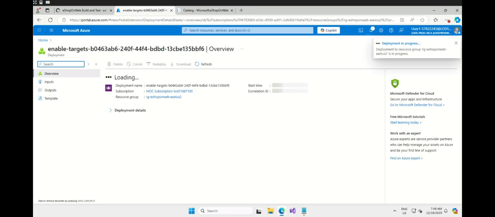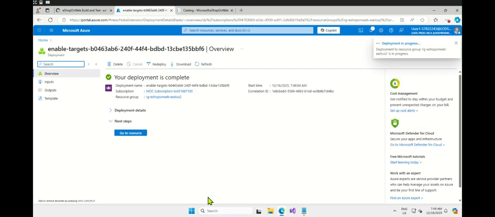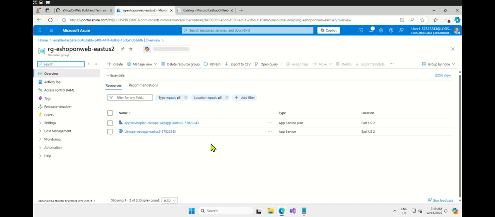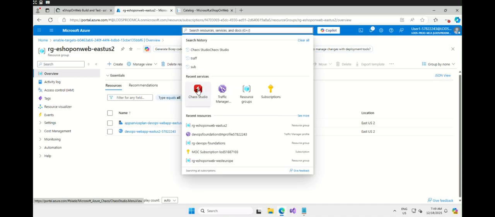This will take less than a minute. So now I can see that it is enabled. Okay, let's go back to Chaos Studio